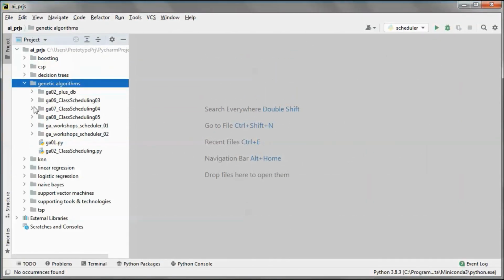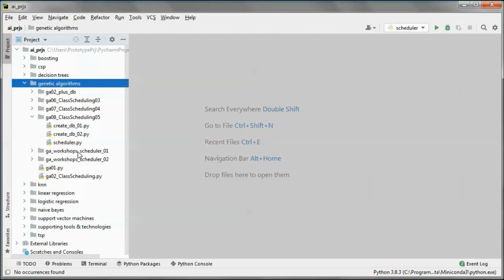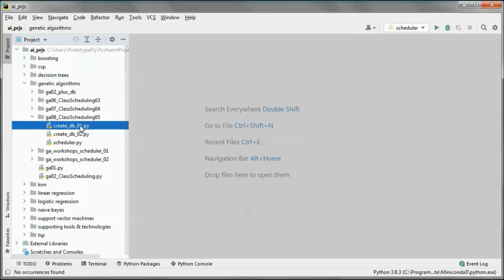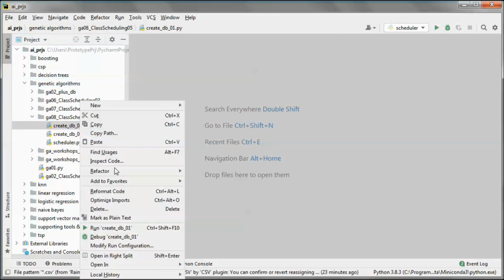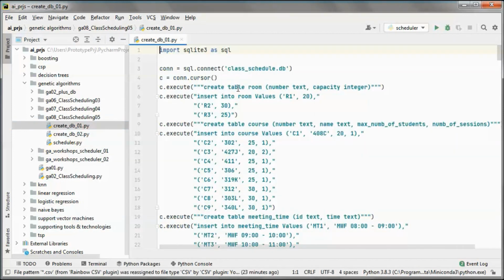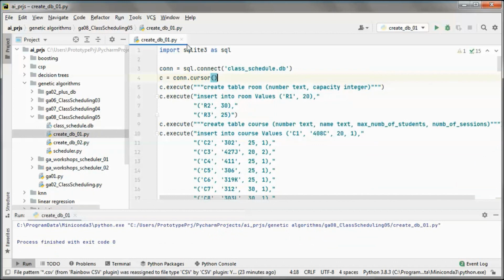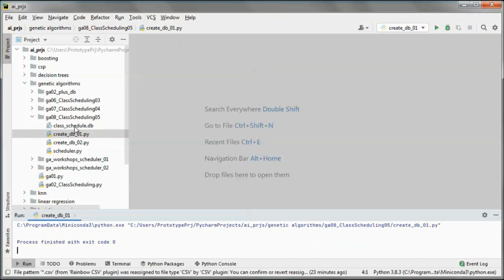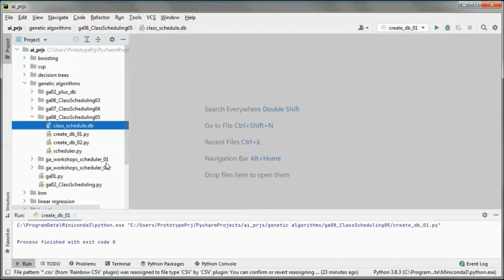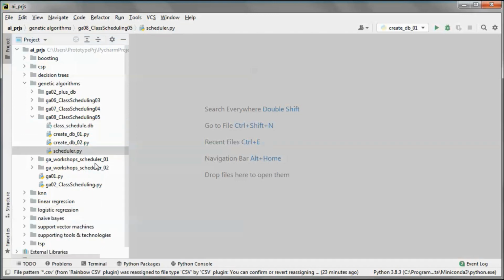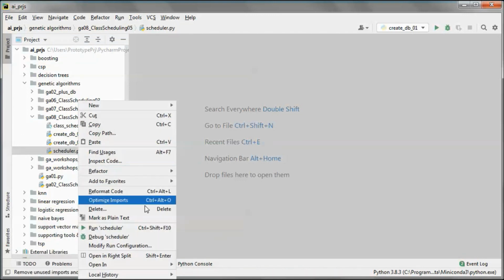This is a pre-built version of the application. So let's start by creating the database. This script will do that. So this database, and now let's go ahead and